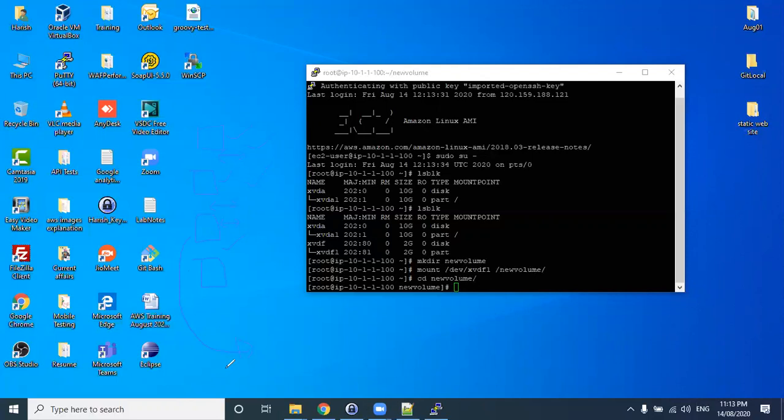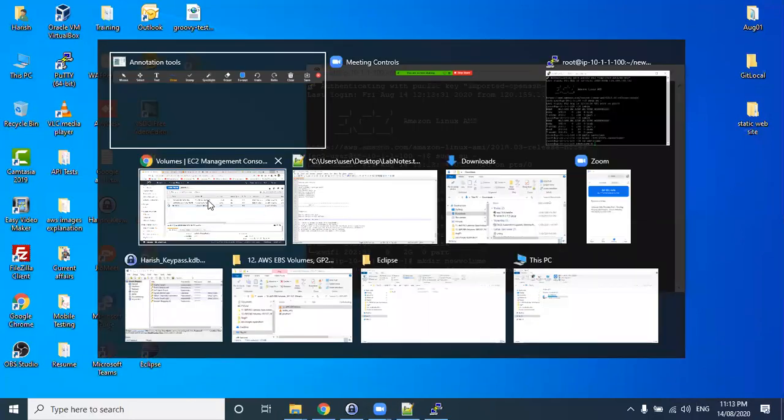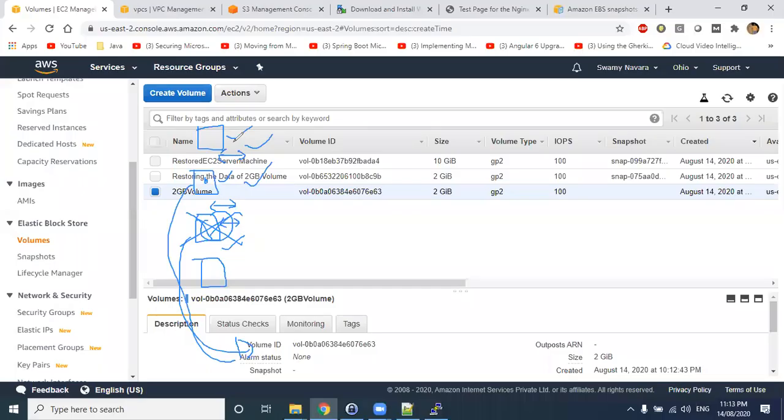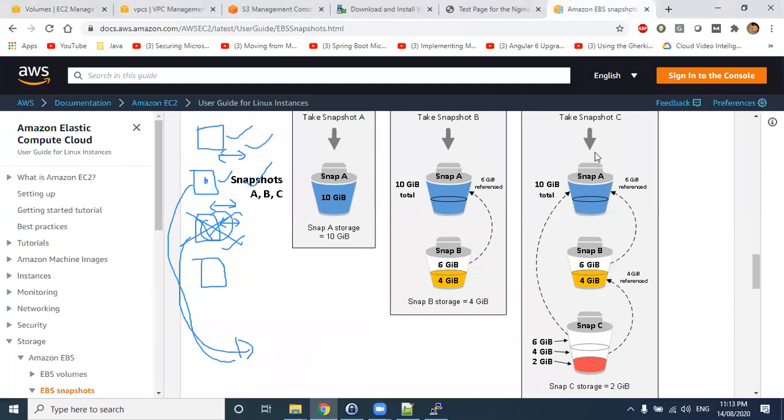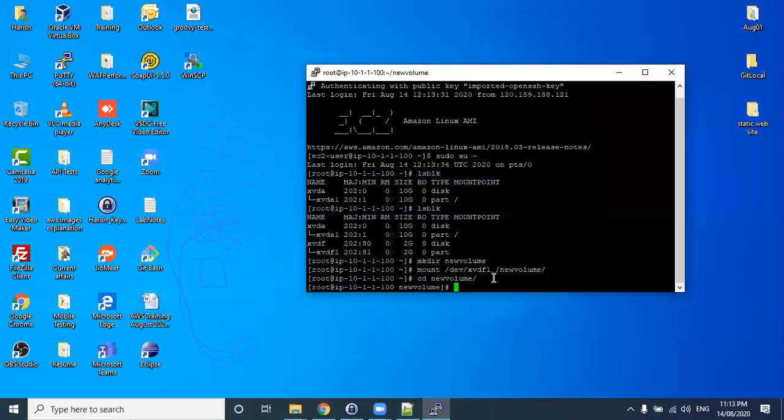If we restore the earlier snapshot, this change will not be there, because while taking that snapshot, this change was not available. Only these changes are there. To understand the diagram we have seen here, we are doing this lab. Can you practice, or do you want me to do this quickly?